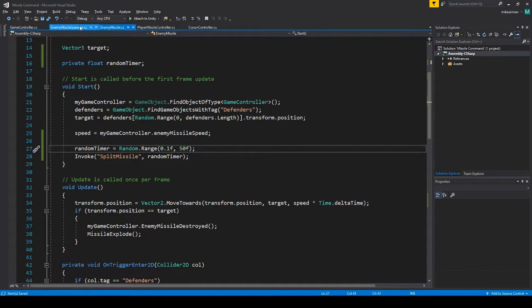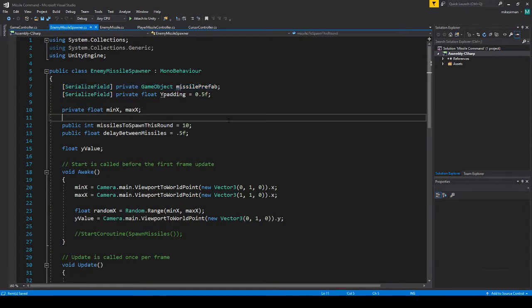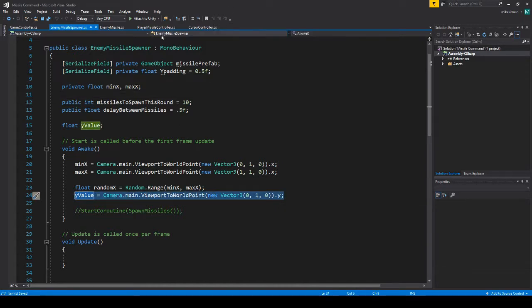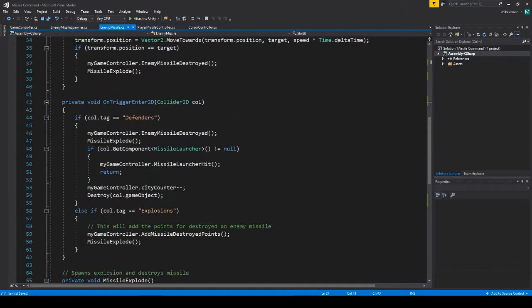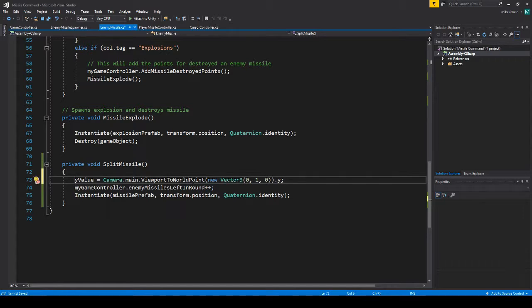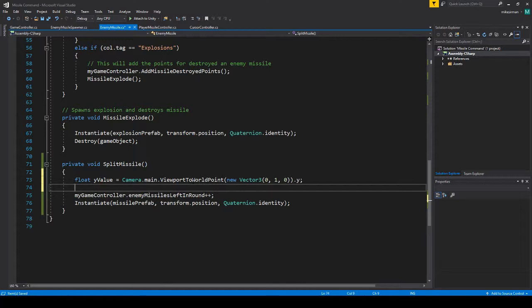So let's do, was it missile spawner, I think? Yeah, so we did this Y value in missile spawner to get the Y value to spawn them at the top. So you know what? Let's copy this. Go back to our enemy missile. And you know what? In here, we'll add that. I'm going to do float there. And then we'll do, say, if Y value